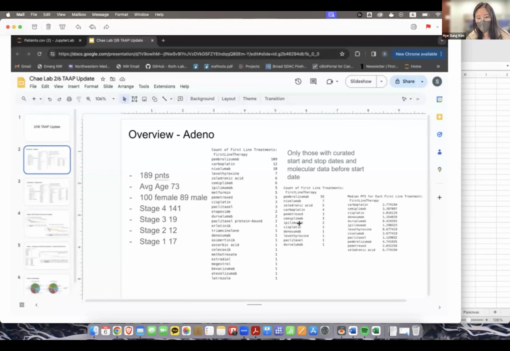Zoledronic acid I removed, and Denosumab I also removed. Anyway, I tried all sorts of combinations, all ICIs, just Pembro, all stages, just stage 4,